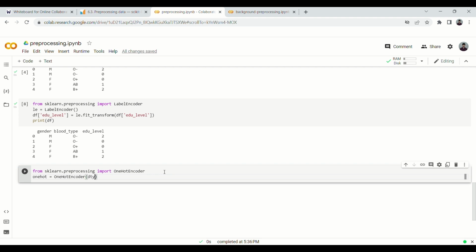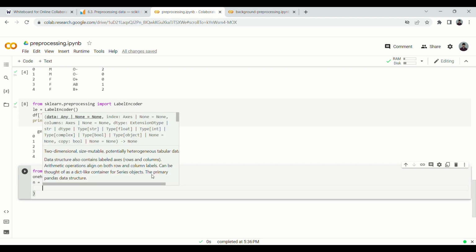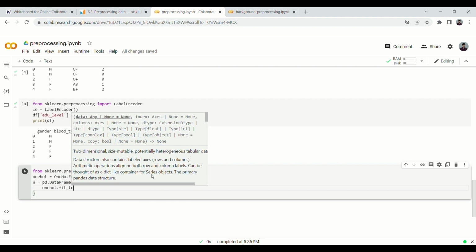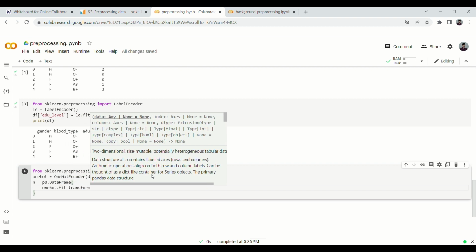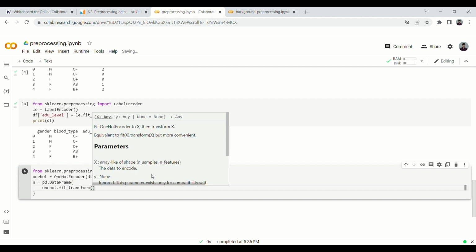Again, we'll take the data type as int. So let us take a new variable, let's say n. So n equals pd dot data frame, and we take one hot dot fit transform, and we have to take